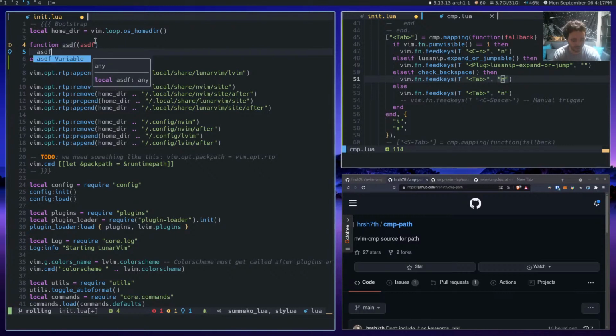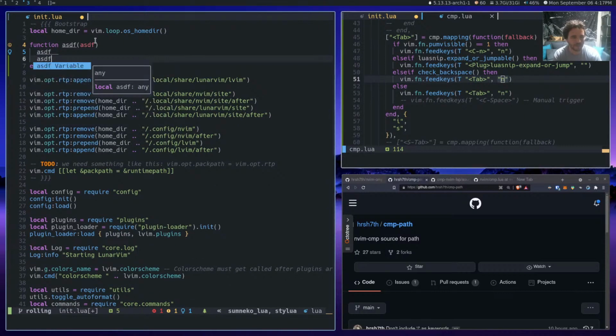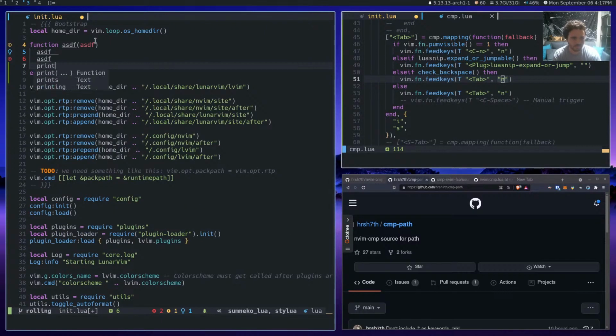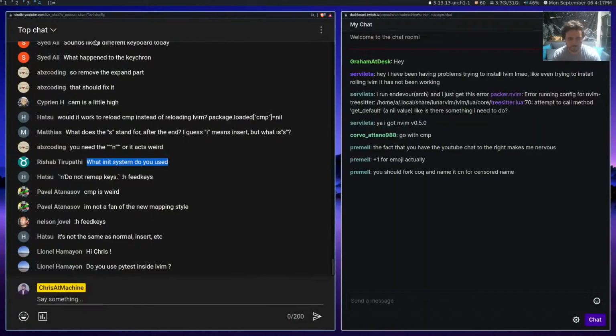If I'm here, it's okay, but it triggers it. But if not, why does it trigger it here? If I do another ASDF and go like this, it'll trigger it. If I do print, okay, and then do something like that and come back, it triggers it immediately. Because if I do Control E and tab, I'm fine. But if I just start next to it, what if I just go like this? Okay. That's probably fine. Yeah, it's not the same as normal insert now.